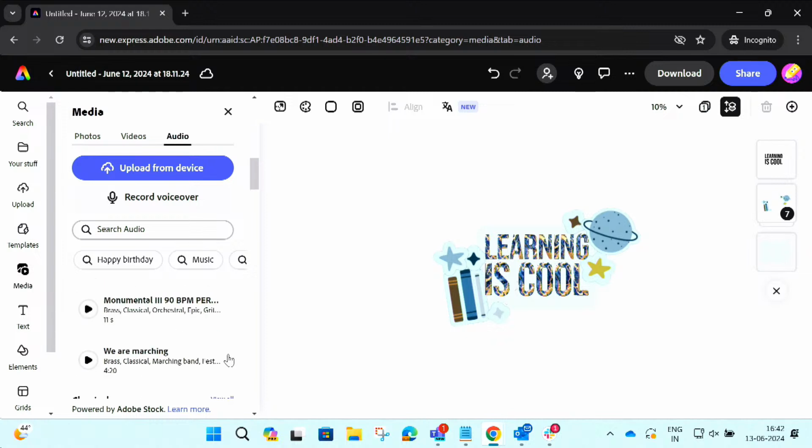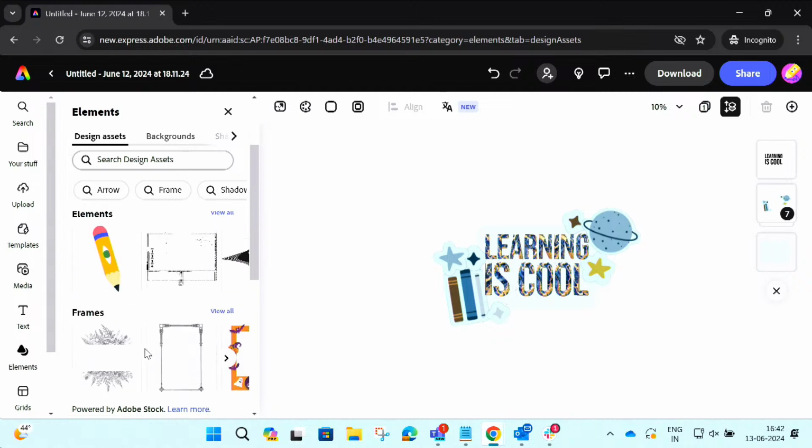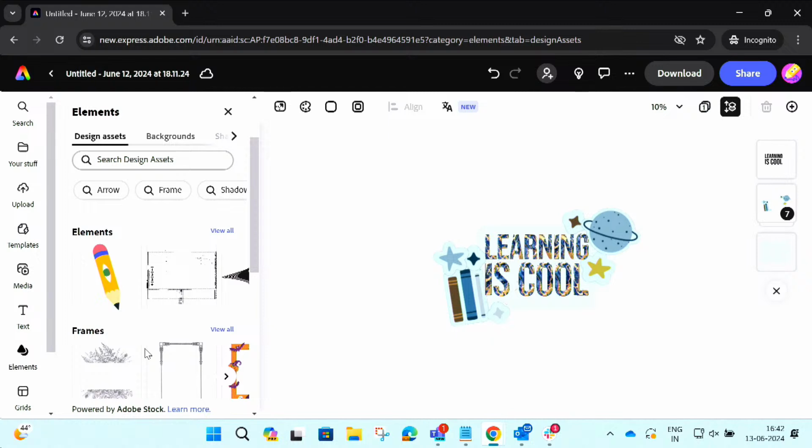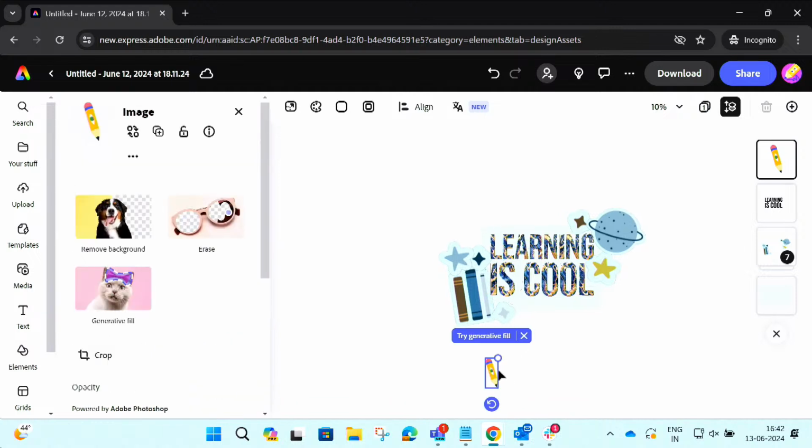But for now, you can see that there are a couple of acoustic background music tracks which you can add to your images. If I go here and click on elements, like Jasmeet had mentioned, we can see something relevant to learning. So let's see, I have a pencil here, which I think is relevant to my image over here. I can just click and it gets automatically pasted.